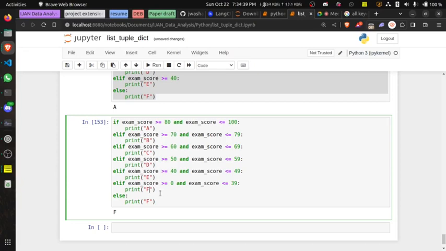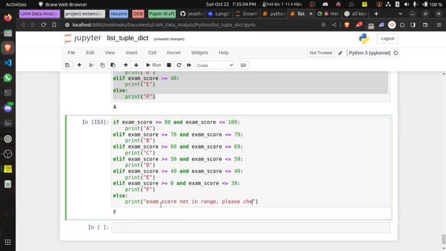Now when do I use else? If the score is out of this range, so if it does not fall in 80 to 100, 70 to 79, 60 to 69, 50 to 59, 40 to 49, 0 to 39, then what do I say? I could just say, "Exam score not in range.